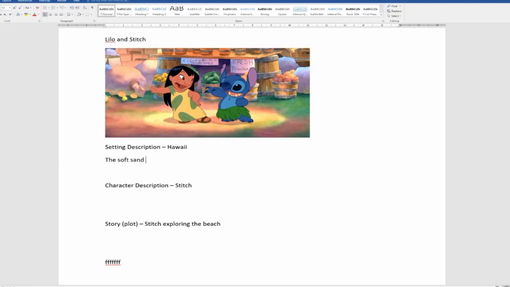The soft sand I've gone with now. The soft sand sparkled under the warm glow of the orange sunset. Okay, that's my opening sentence. Can I make it better? Let's get rid of the. Let's just get rid of the and start at soft sand sparkled under the warm glow of an orange